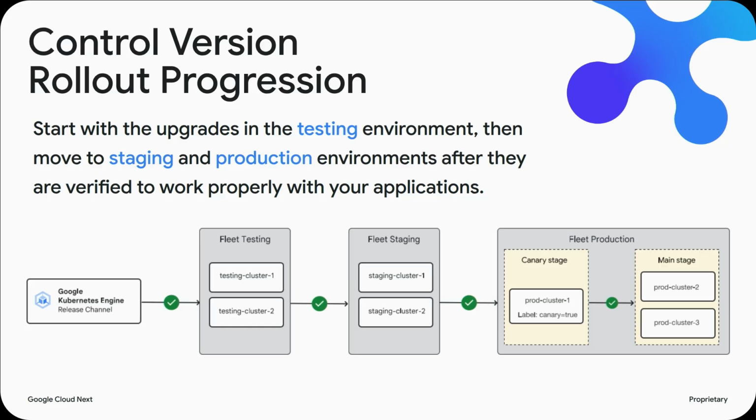So you can make sure that your rollout first happens in pre-prod and then in prod. So that's where rollout sequencing comes into play. You can upgrade testing first, then staging, and then production. And then you can also mark different stages with labels so that you can also sequence them